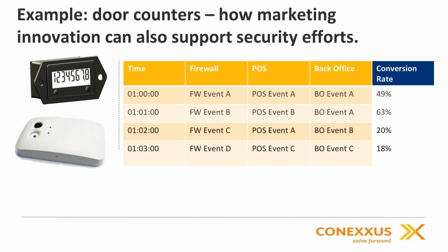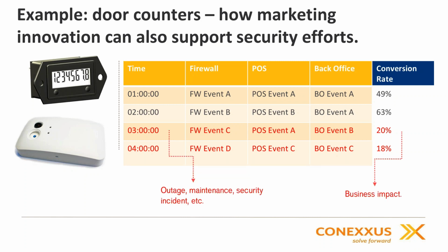You can actually compare the same security events to conversion rate in the store, and here's where this becomes extremely relevant from an operational and security standpoint. We can see that some kind of security event happened starting at 3 p.m. And let's just say that the network is out. There's no longer connectivity and you're not able to process payments. Well, all of a sudden, by combining that with the door traffic data or the foot traffic data, you can see that your conversion rates have suddenly dropped. You can actually have a real sense of business impact related to operational issues. And all this can happen within your SIEM platform